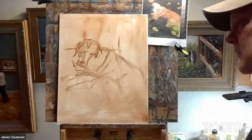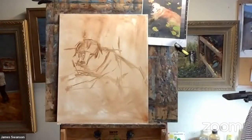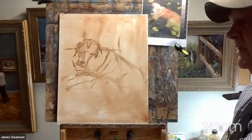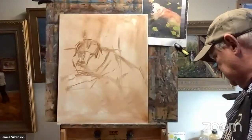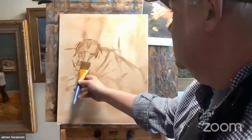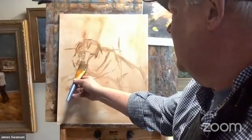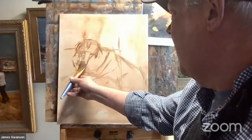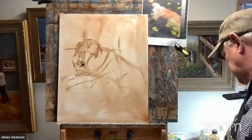And just to mark them for you guys, I'm going to start off with my dark colors, my alizarin crimson and blue mix. And I'm going to put it on the bottom of his nose here and going down. Just a little more red in that. So maybe